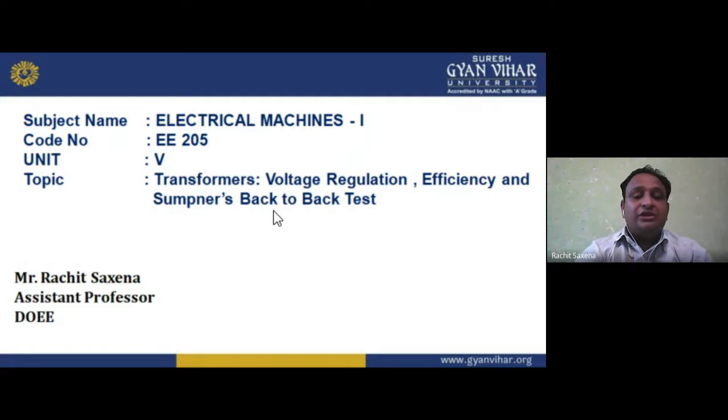Unit number 3 totally deals with DC machines, as I told you earlier, motor and generator, their construction. If I'm talking about the motor, the basic principle is electromagnetic induction. And if I'm talking about the generator, the basic principle is Faraday's law of electromagnetic induction. So if we have a motor, we can convert it into a generator, and if we have a generator, we can convert it into a motor by changing its input, because in the generator we are applying Fleming's right hand rule.